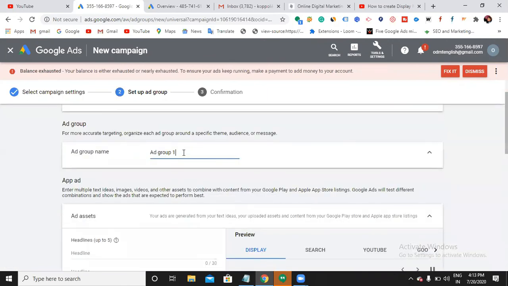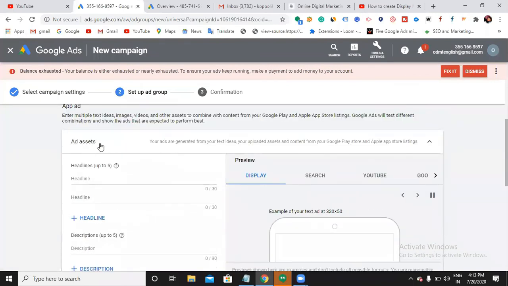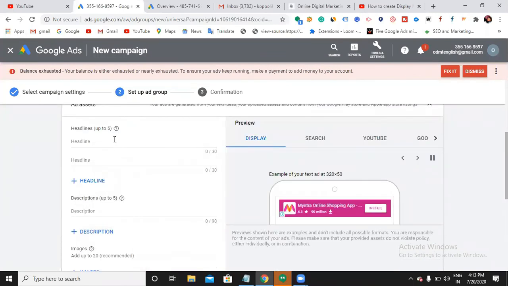So here comes the ad group. Give a name for your ad group. Here come the ad assets. Give headlines, up to 5 headlines you can use.